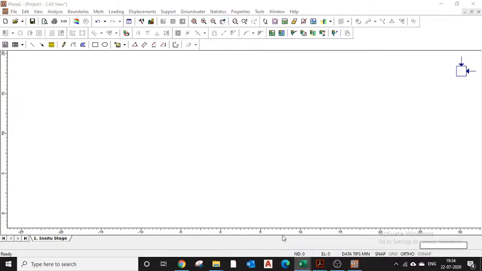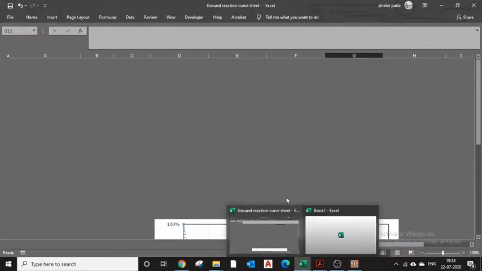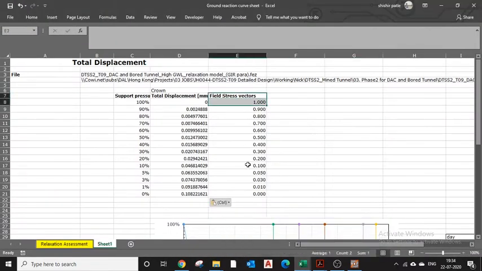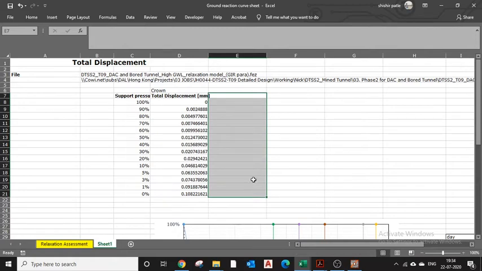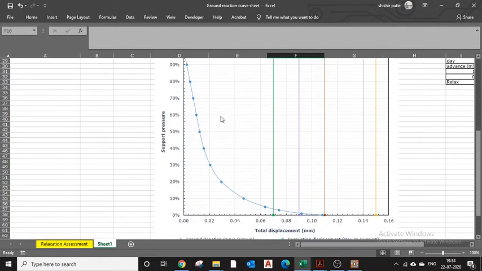Here I have made one Excel sheet for my ground response curve. Basically this line is my ground response line. On the y-axis I have the support pressure, and on the x-axis I have the total displacements. Support pressure will always be in percentage, and displacement will always be in millimeters.